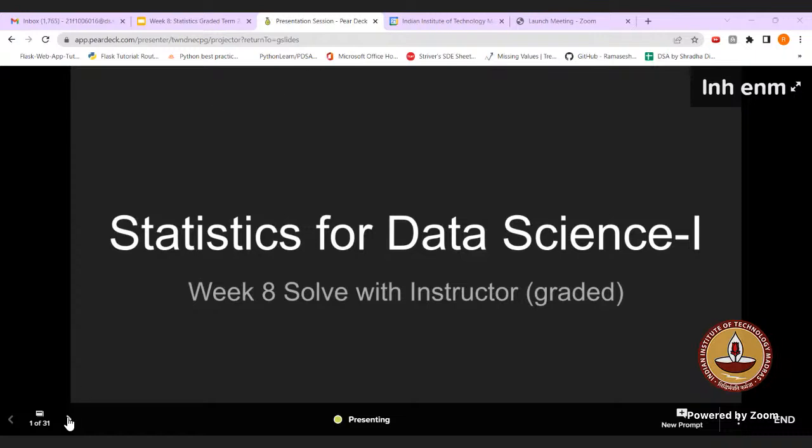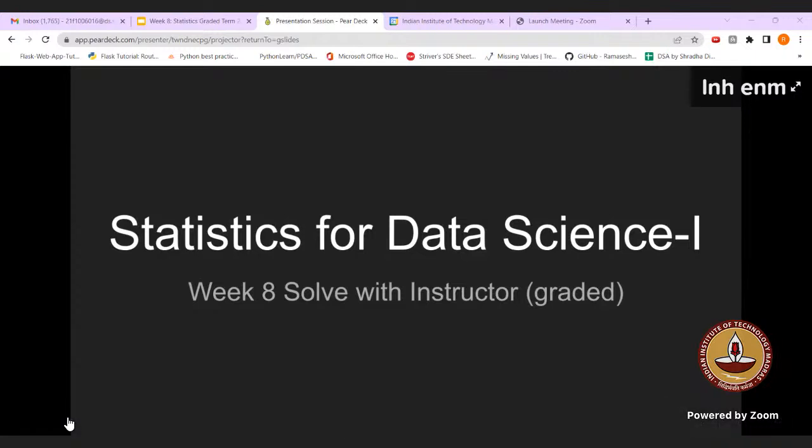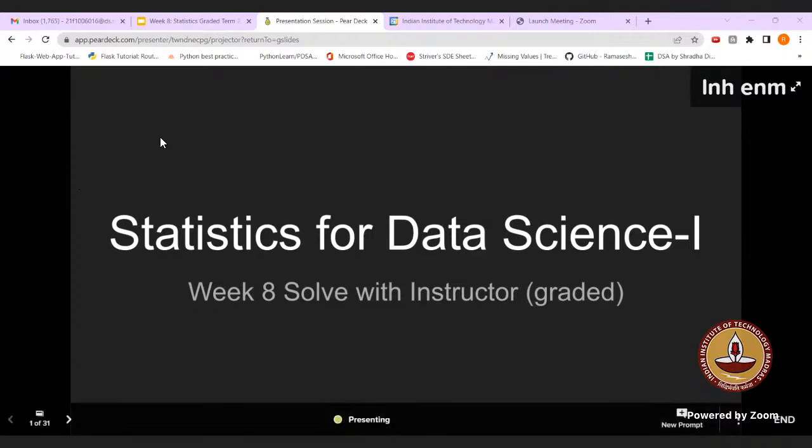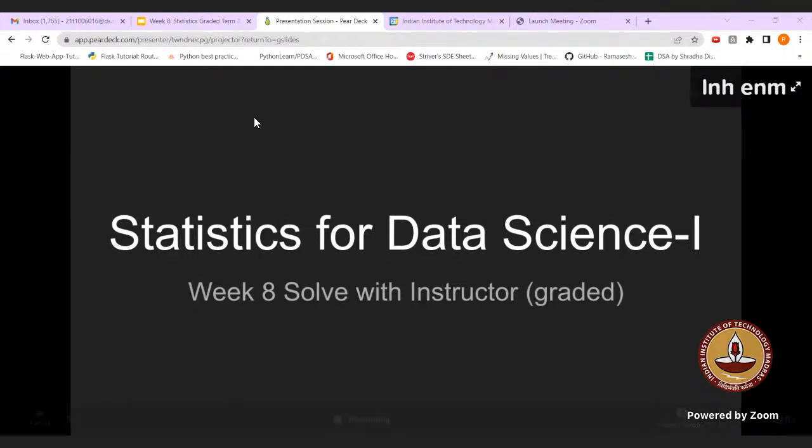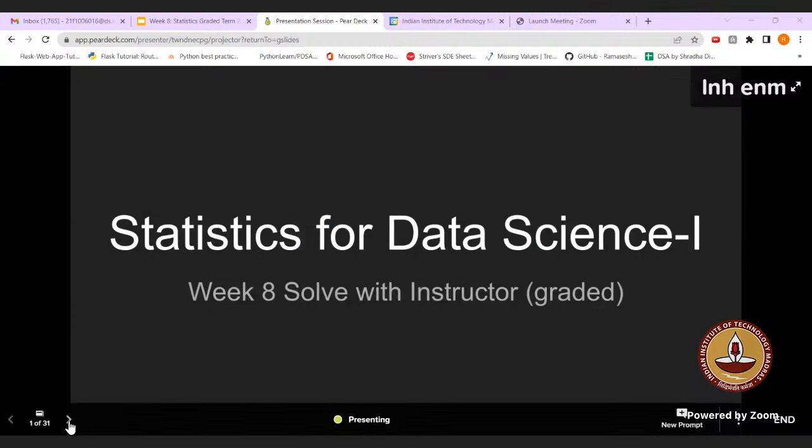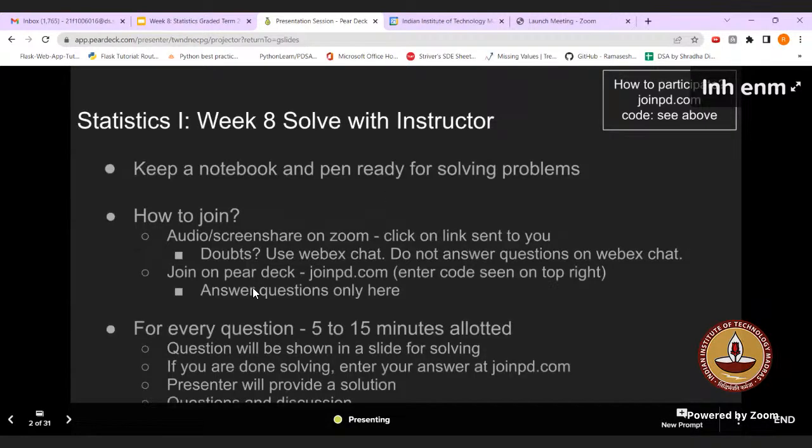Okay, so we'll move to the first question. Basically, it will be the same style where we'll get one main question and there will be preludes to the same question. So we'll step by step keep solving it, and finally we'll solve the main question. According to the questions, we'll be giving some time, and you can fill out your responses from joinpd.